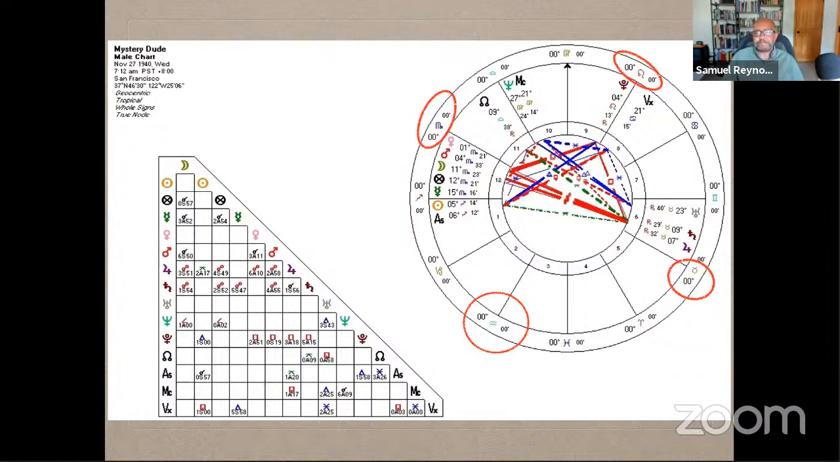And Neptune is conjoined to the midheaven. So what's happening here? Who is this? Well, the story I can give you